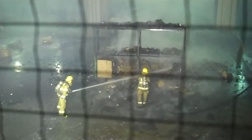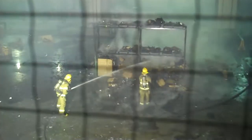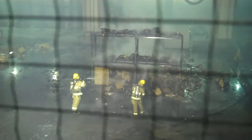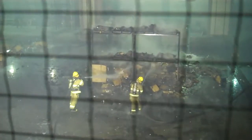We run some hot tests here. You felt the heat from this, where we had 1,700 degrees at the ceiling. We have storage that goes to 30, 35 feet high. If the protection scheme that we are testing isn't going to achieve control or suppression, the chances